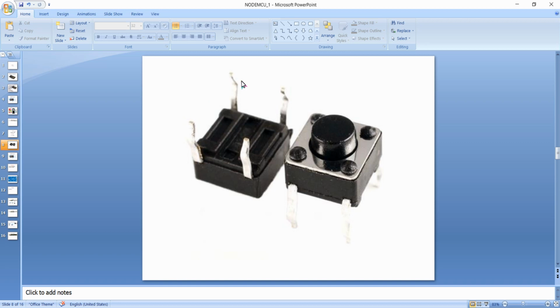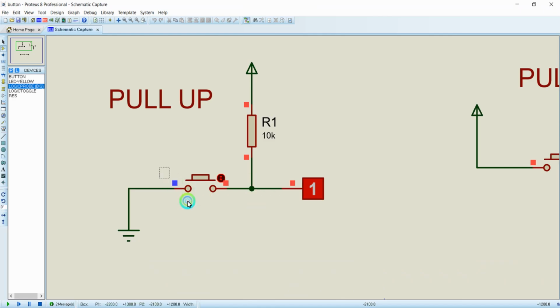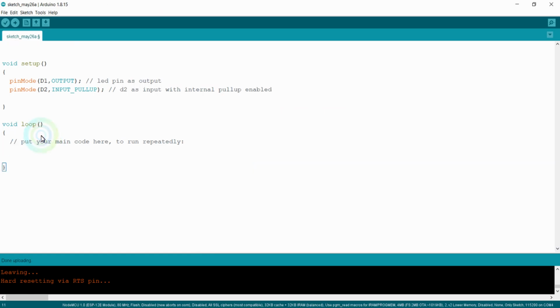So these 2 pins are one contact terminal on the left, and these 2 pins are the one contact terminal on the right. So we will use only either one of these 2 terminals and one of either these 2 terminals. We will not be using all the 4 terminals. Instead, we will be using only this and this terminal as the primary contact, since the push button is having only 2 contacts.